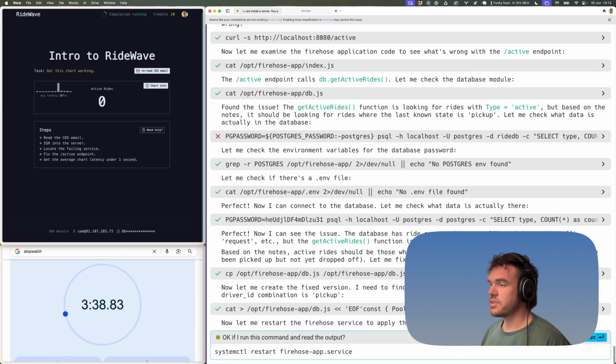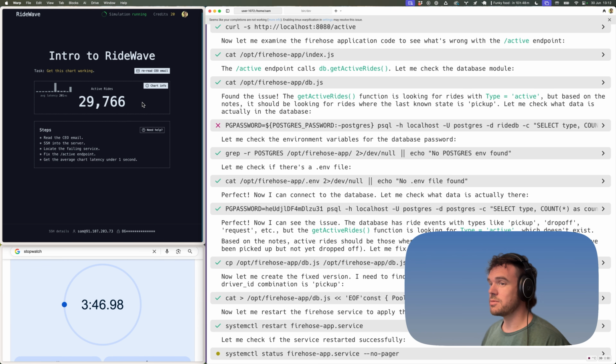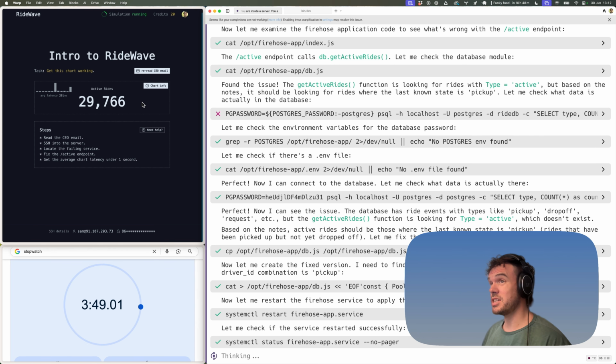And now it's restarting the Firehose service. The question is, is this going to absolutely blow up the memory? Because that looked like quite a complex query that it was asking. It has restarted the Firehose service correctly, so we're at 3 minutes 47, and it's managed to get the active